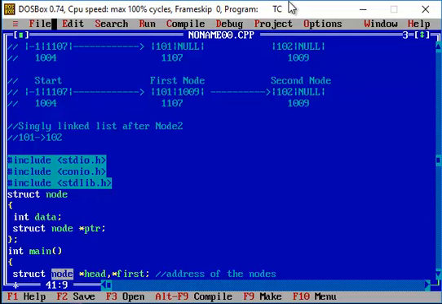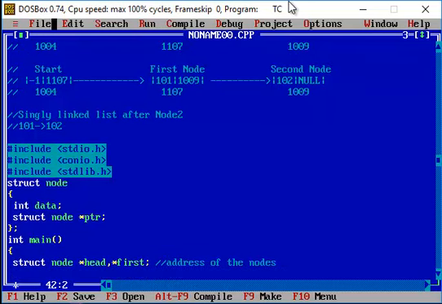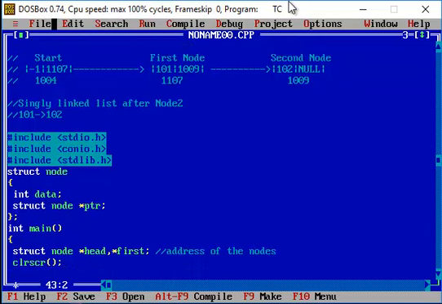Now we are going to create the memory allocation. First I have to create the memory allocation in a dynamic manner for the header node, so I'm going to make use of the function malloc. And I'm just trying to get the size of my structure, since the data type of the structure variable head is of the structure data type node.